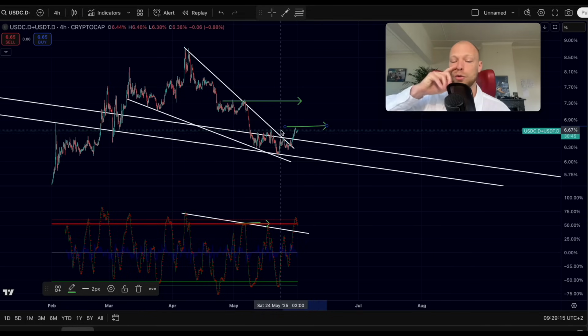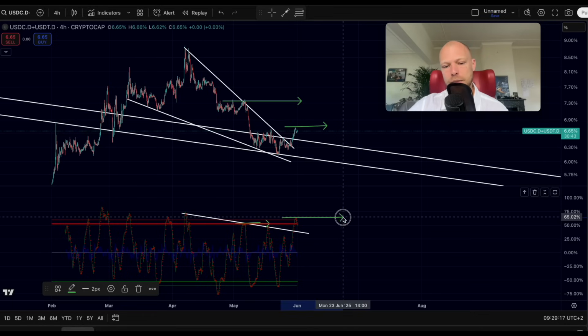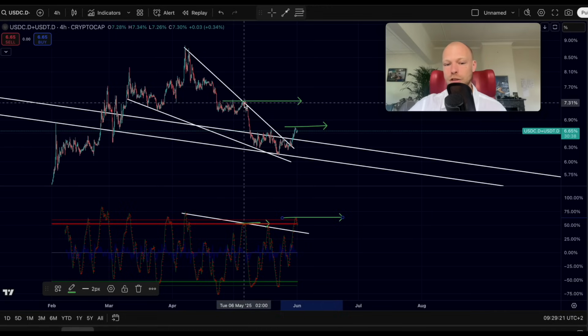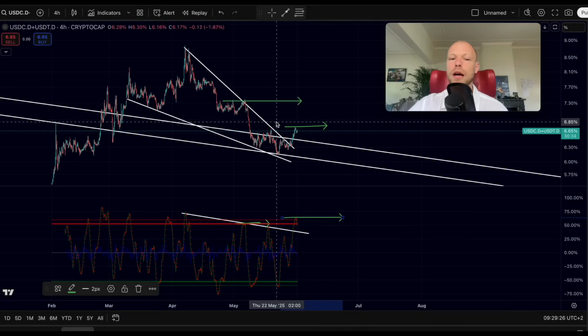This is transitioning into an uptrend, but on the momentum indicator, we've created a higher high compared with this one. So on the momentum indicator, we have a higher high, but in the price, we have a lower high. This is called a hidden bearish divergence, and this is exactly what I wanted to see, what I shared with